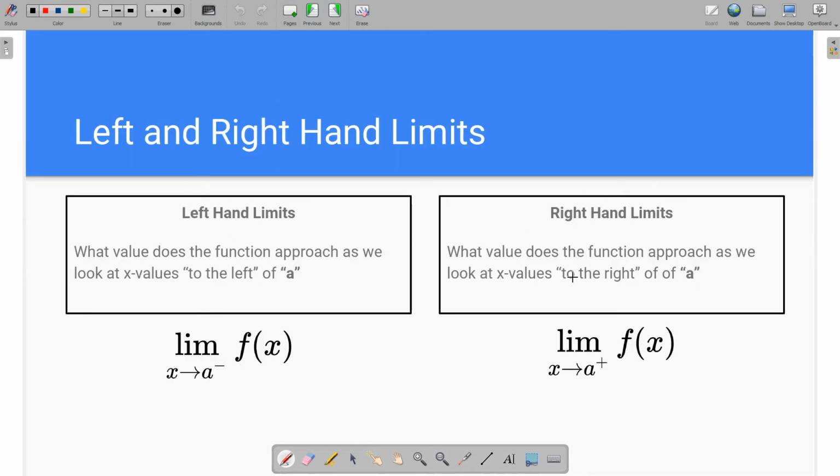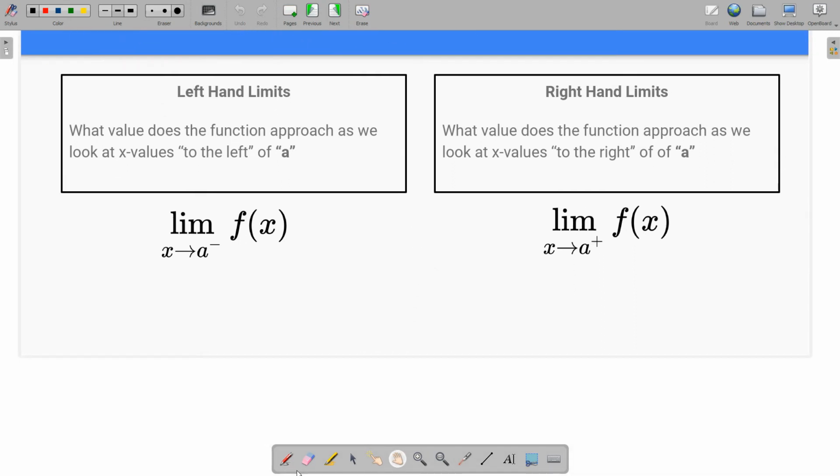So left and right hand limits. I've sort of alluded to this, but when we're talking about left and right hand limits, what that means is I'm going to be looking directly to the left of a and directly to the right of a. So for instance, if I have something that looks like this, and I'm looking at 4, and this output, let's say, is 3,